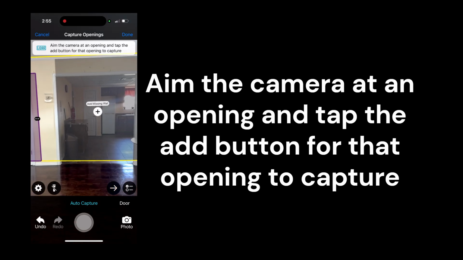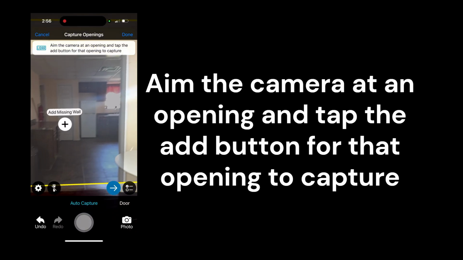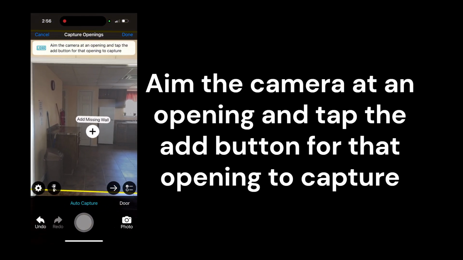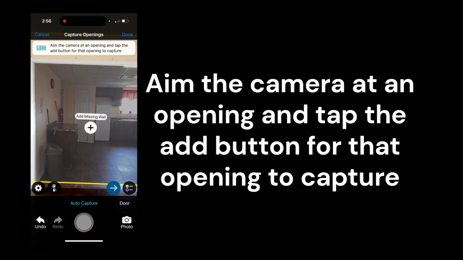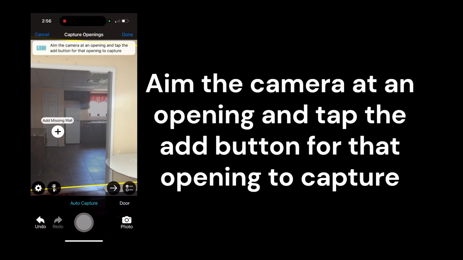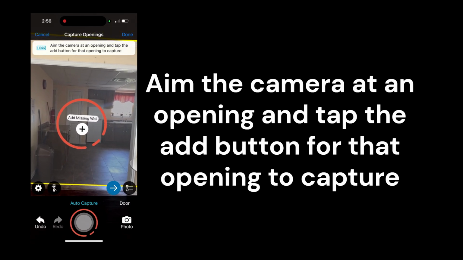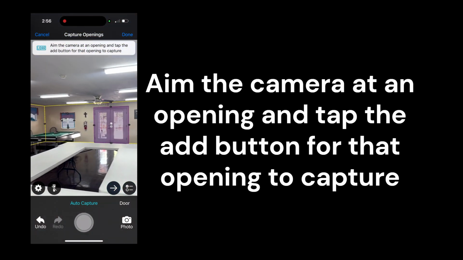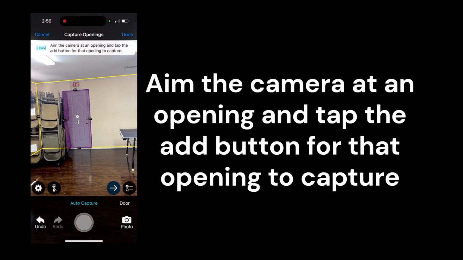And if you notice, as I get closer to the openings, then it adjusts. Like for this one here, it's actually doing a pretty good job on measuring it. So sometimes it does okay, sometimes it doesn't. Sometimes it doesn't recognize certain things. So as you're doing this, you'll notice that